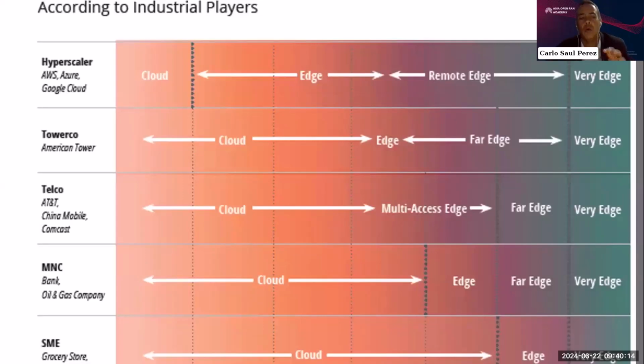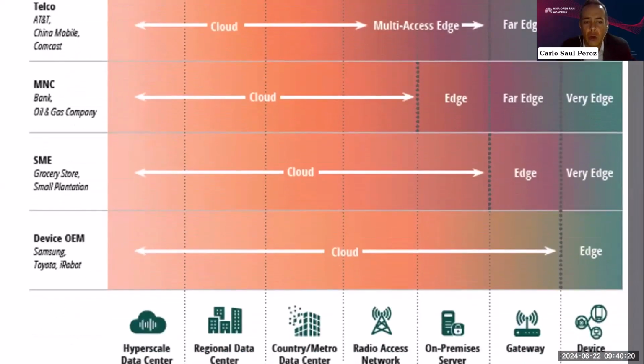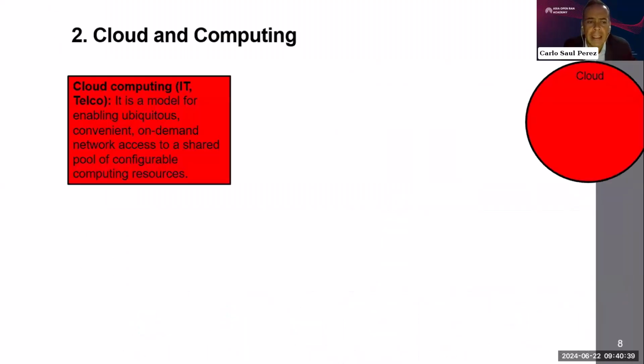In our particular area of telco, when we talk about cloud, we are talking about the core cloud, located in this area, and the access and the edge located as part of this core and on the radio access network, as we will see in the following slide. So we have this definition of cloud computing: the cloud is a model where you can have the capacity of processing information everywhere in this cloud, sharing the resources for different kinds of usage.